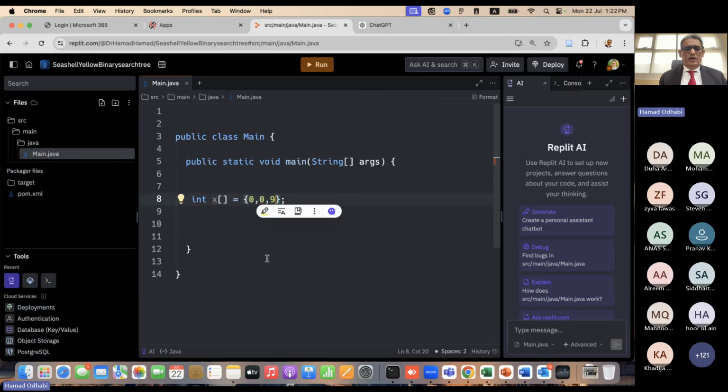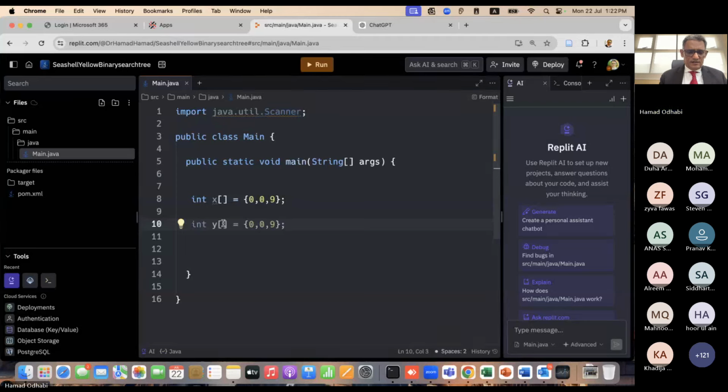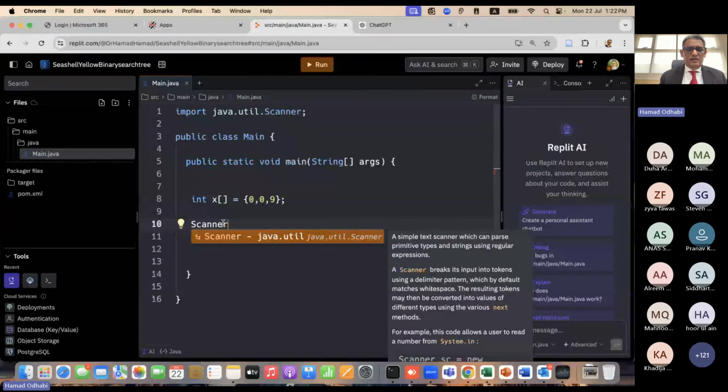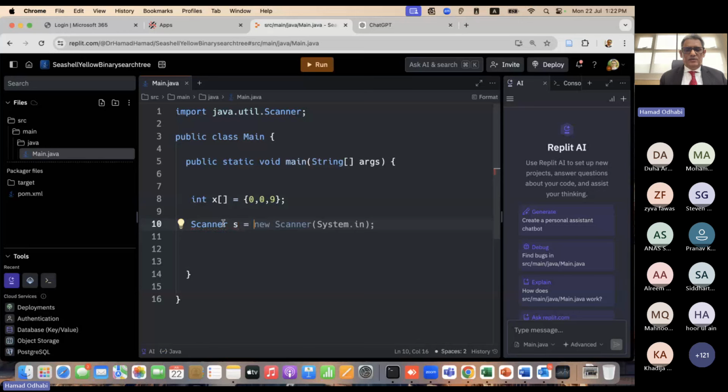Now I want to ask the user to enter the value for each one. So I need to import what? Import what? Scanner. Very good. Thank you. And let's create an object of this nice scanner. Scanner, okay. We'll call it S. I like S. Equal new Scanner. Okay. And then now let's ask the user. We'll say System enter